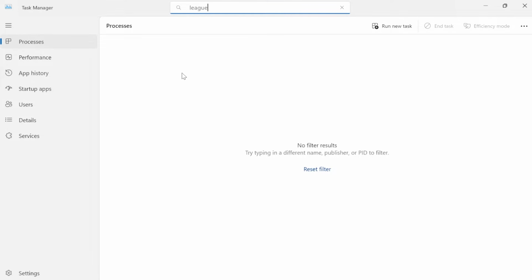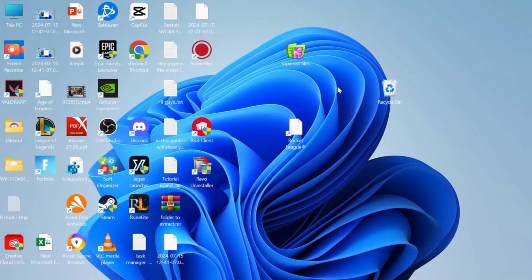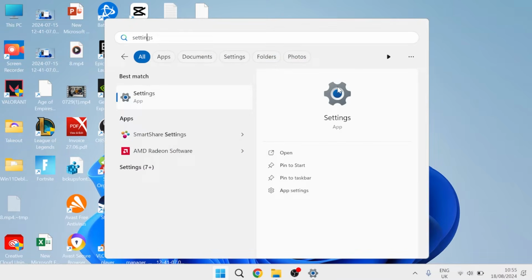Now I don't have League of Legends running currently on my computer, so if that's the case, then you'll also need to do the same for Vanguard. And once again, I don't have Vanguard currently running, so once you've shut down all of these processes, we can then close out of this window, and you'll need to head back over to the start menu, search for Settings,